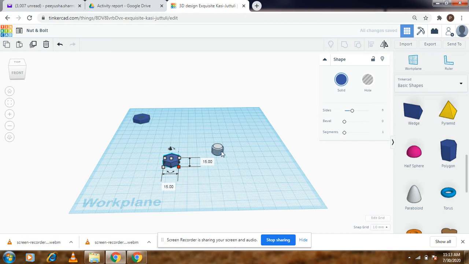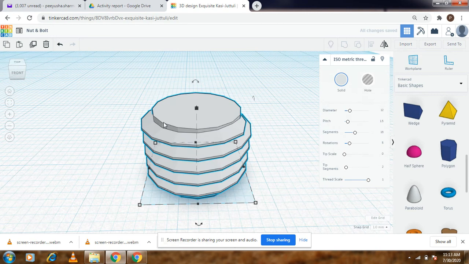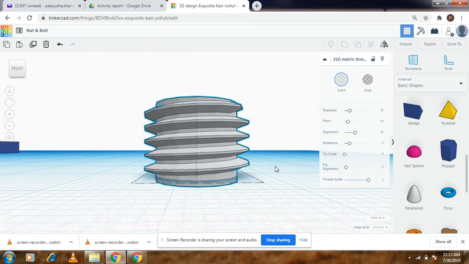There we go. Now focusing on the isometric thread that we have in the picture. So if you notice in the drop down that is present for this isometric thread, there are a number of parameters. That is, the diameter, increasing or decreasing it will basically help us increase or decrease the width of this particular cylinder, which you can do manually as well.